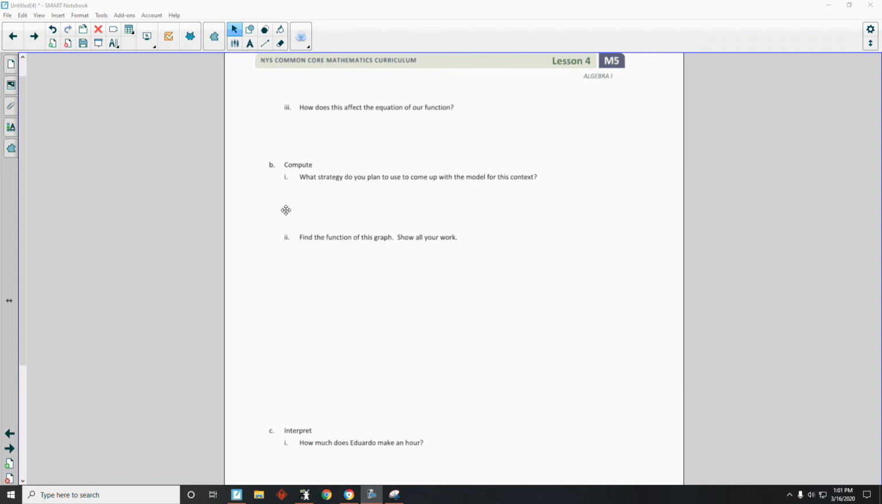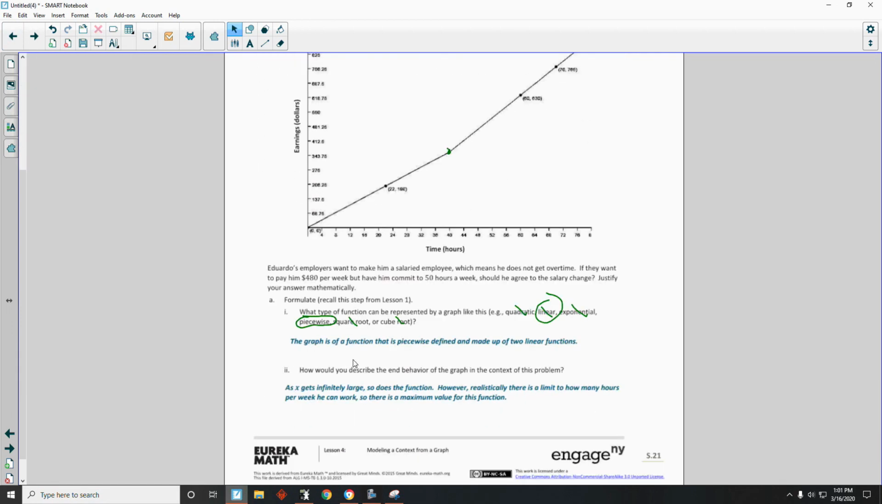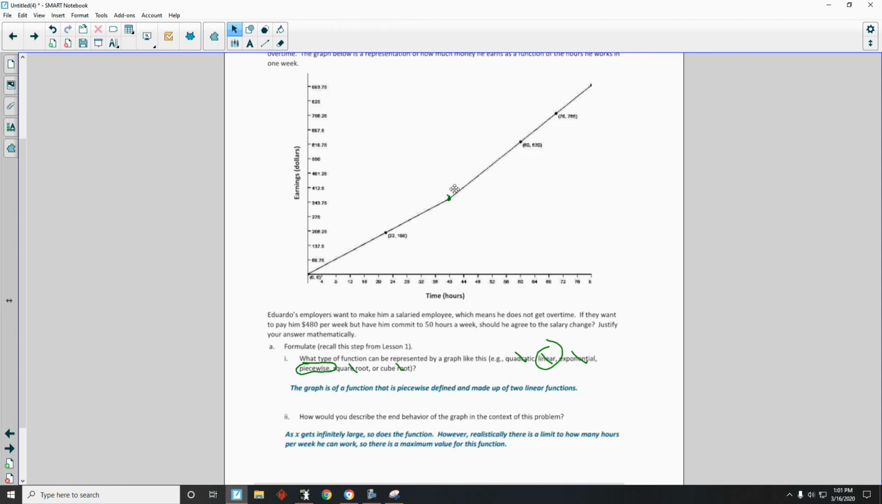Okay, on to page 3, part 3 of problem A. How does this affect the equation of our function? So I'm going to be going back and forth now. Okay, so how does this affect the equation of our function? It's piecewise. And the equation of our function, we know this slope is positive, we know that slope is positive, so